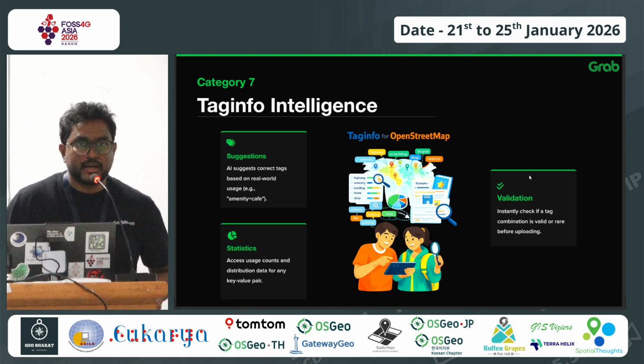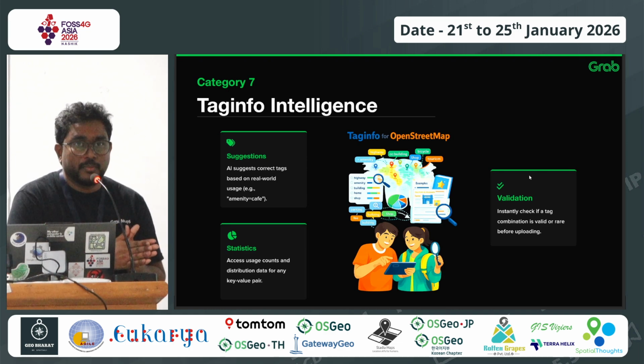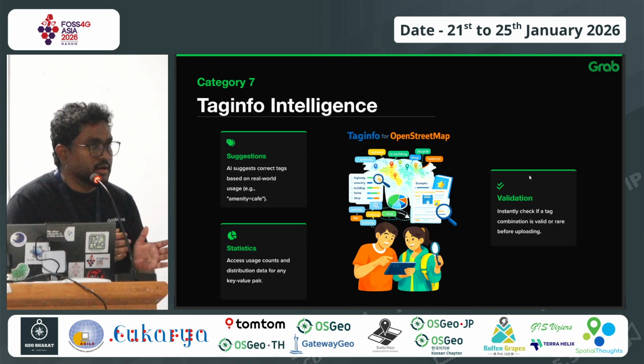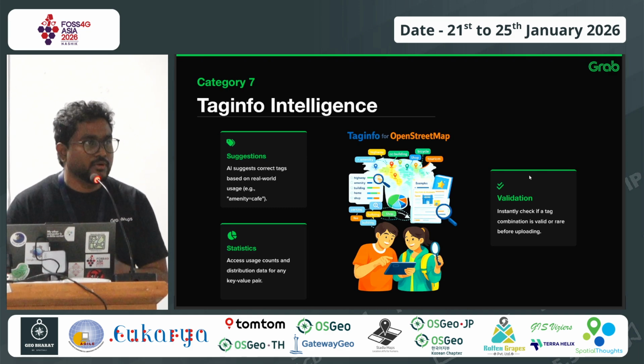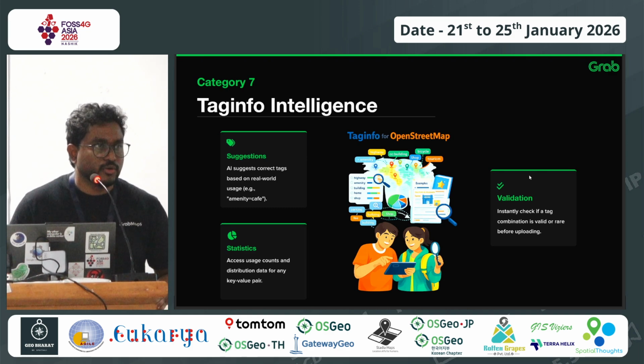So check that out and see how taginfo works, and how the enormous key-value combinations are present in OSM. It's a kind of finding a needle in a haystack. But if you channelize in a proper way, you can find a proper tag which is already recorded in OSM, and the agent can find that tag for you and give the data from OSM.